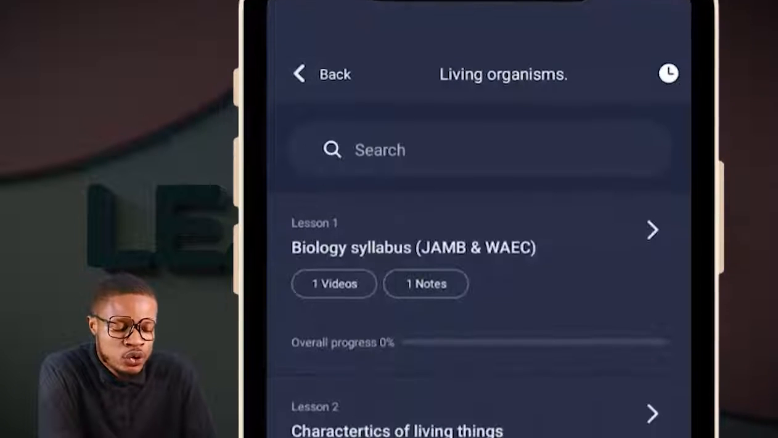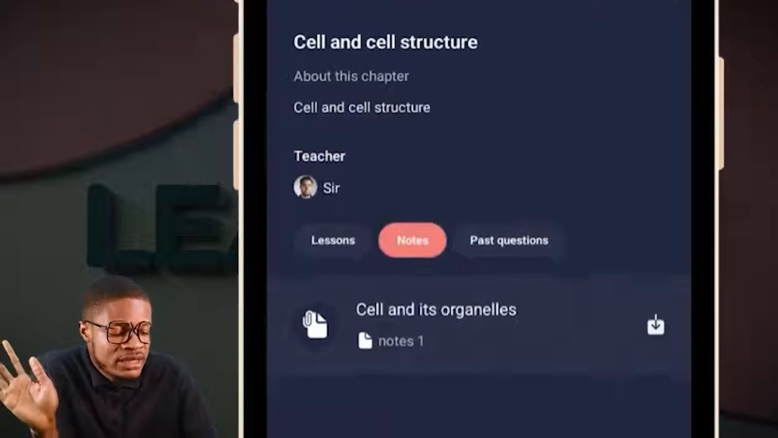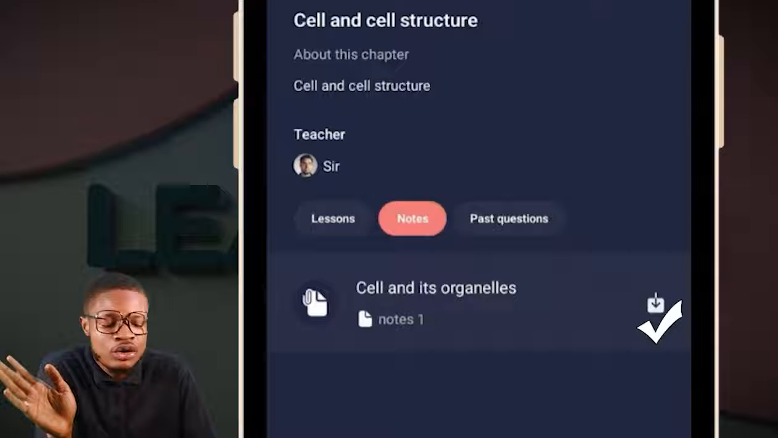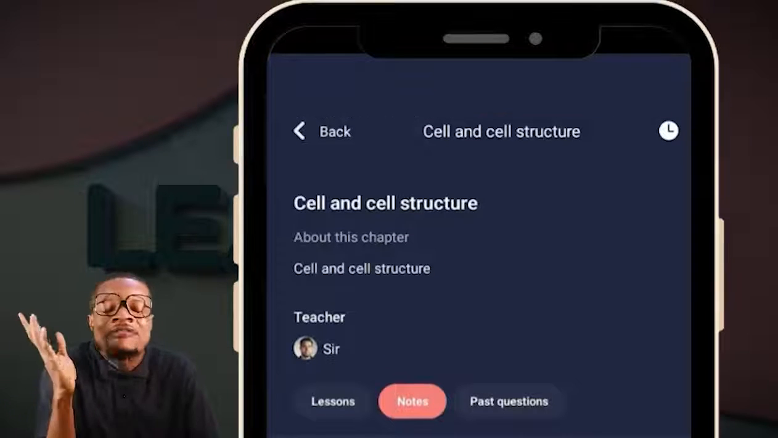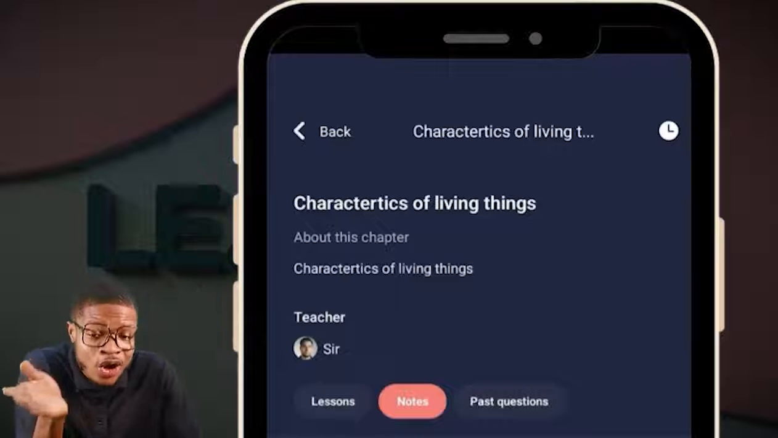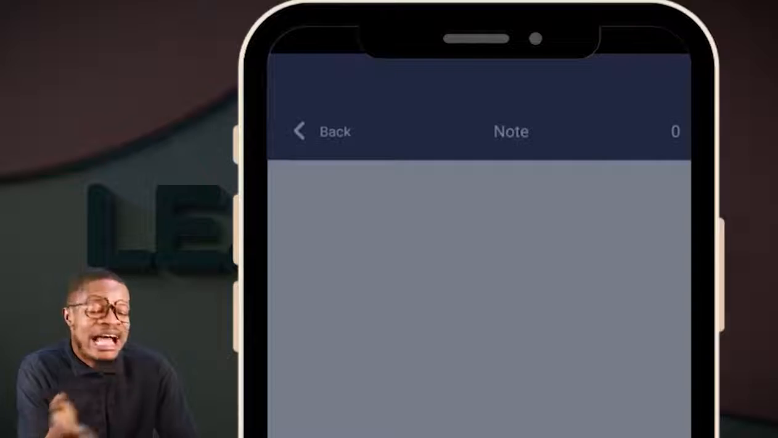Now, you can even choose to say, okay, sir, what about the notes underneath it? It's the same thing for everything. I want to download my notes. All you have to do is click on the download for your notes. Before you know what is happening, it has entered your phone. You may choose to come to the notes, right? Under the characteristics of living things, let me open the notes and read the notes and go through the past